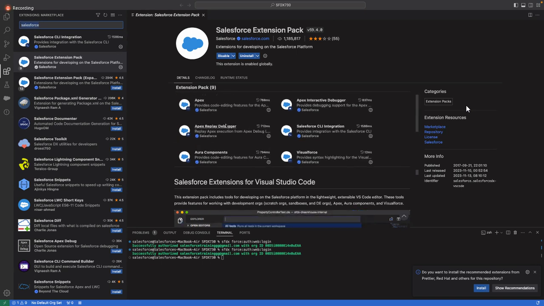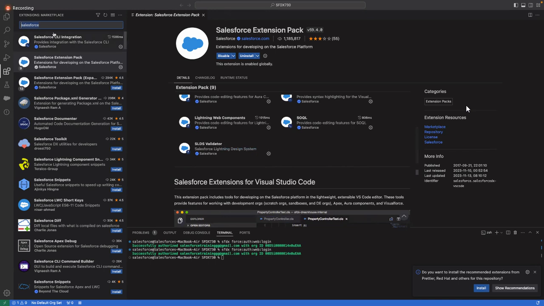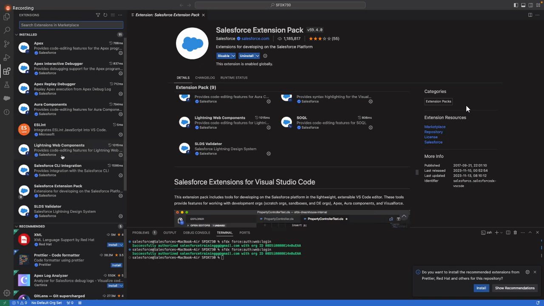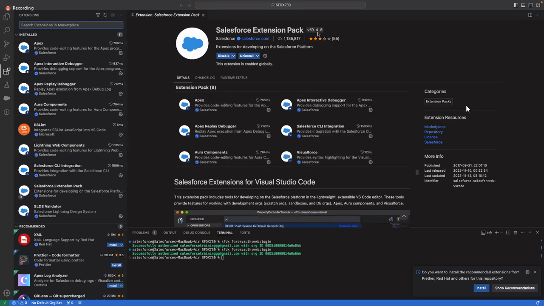The extension pack has nine sub packages. Otherwise, you need to install them one by one. Here, everything is included in this one, the Salesforce extension pack. So that's why I am suggesting you to use the Salesforce extension pack. Once you install it, then the next point is